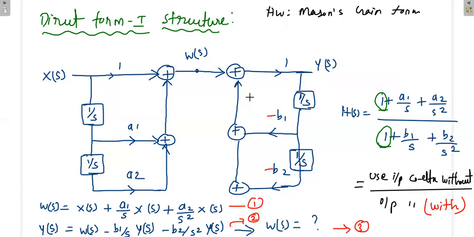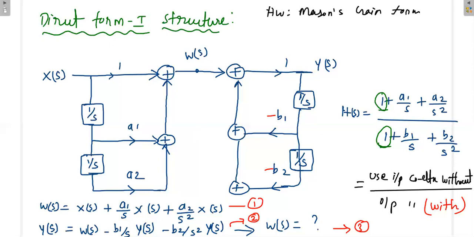Then we have drawn the direct form 1 structure. Then from the direct form 1 structure, once again, we have proved that whatever we have drawn is correct. And also in direct form 1, you will be using a separate integrator for the input side and a separate integrator for the output side. But this is not an advantageous one, because we are using separate integrators, we need more number of integrators. But in case of direct form 2, we will be using common integrators. That means with the help of only 2 integrators, we can complete the block diagram. But that structure will have some other problem. Here in this case, we have more number of integrators.